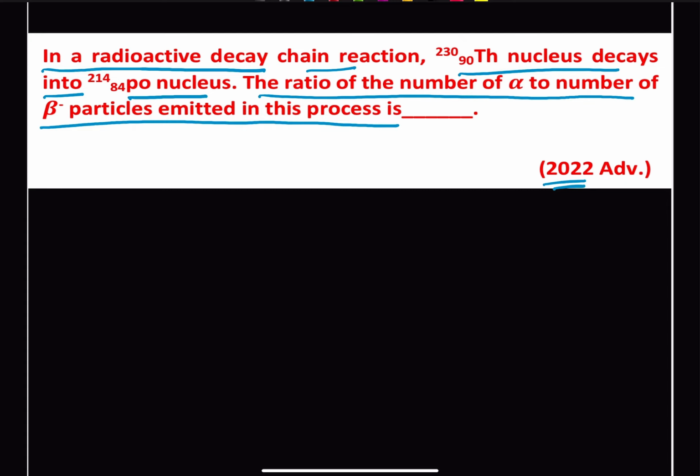So we are given that we have a parent nucleus, and that parent nucleus is our thorium, and it decays into a daughter nucleus,